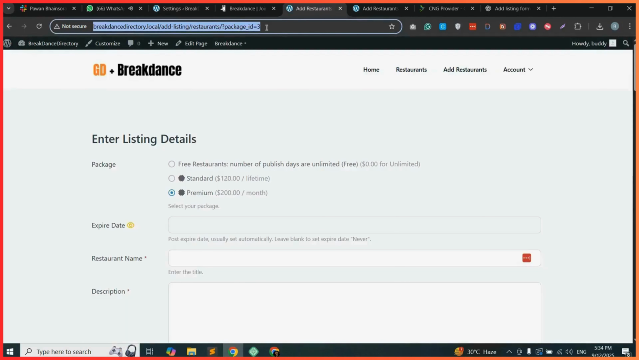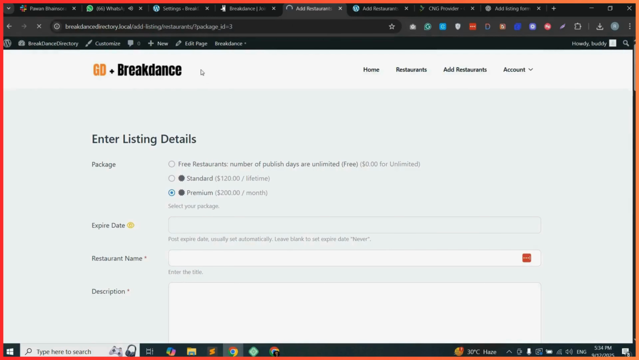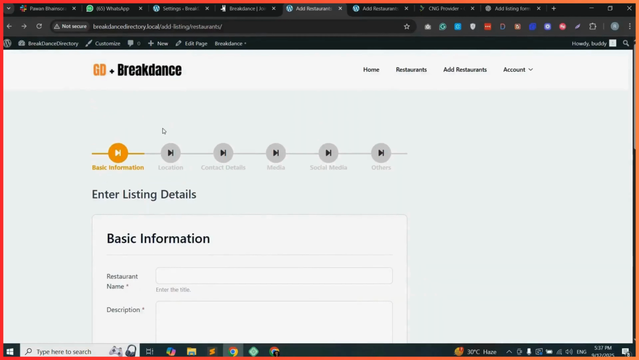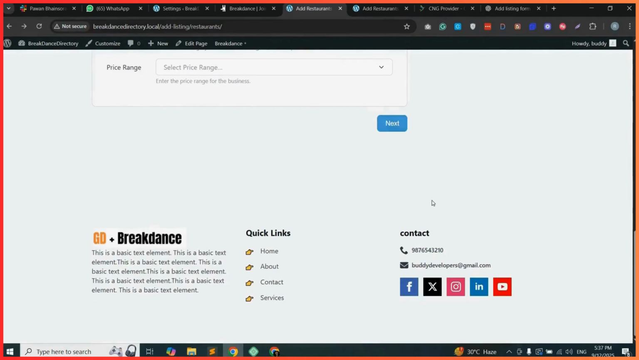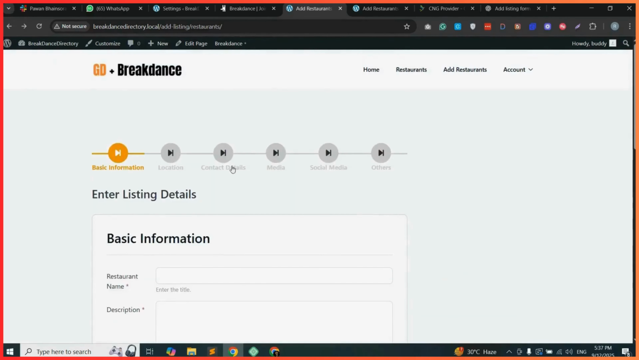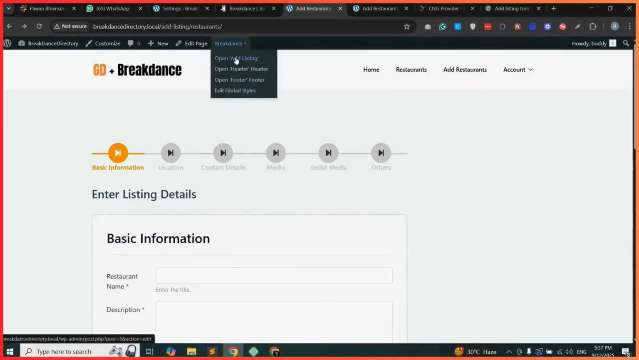Now coming on to the add listing form and refresh. So now our add listing page looks like this. So now firstly let's change its width to full width. So now coming on to the Breakdance, opening add listing,